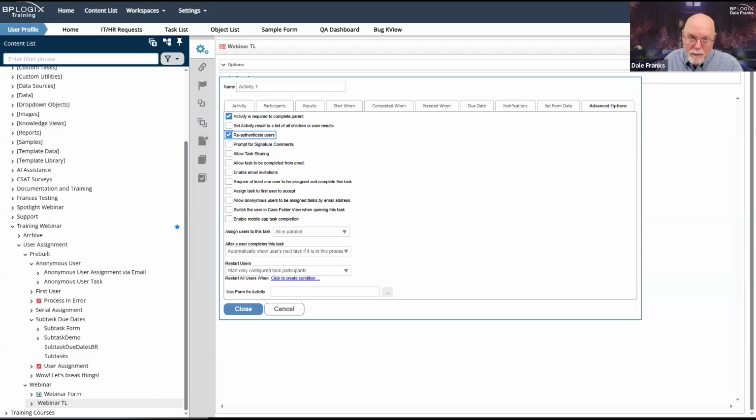While this may be needed for security reasons, it is going to mildly irk your user community, because if they are already logged into Process Director and they get this email and they click on it, they will inexplicably be forced to log in again, even though they're already logged in. So, they may or may not express their displeasure to you at making them re-authenticate. However, for security reasons, this is sometimes necessary.